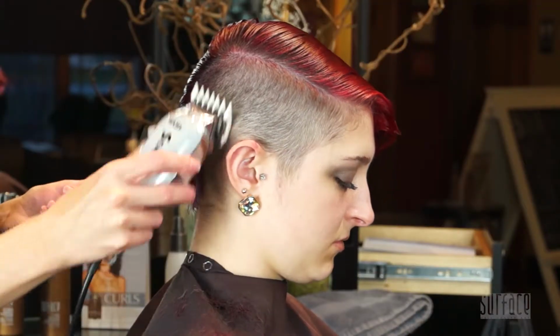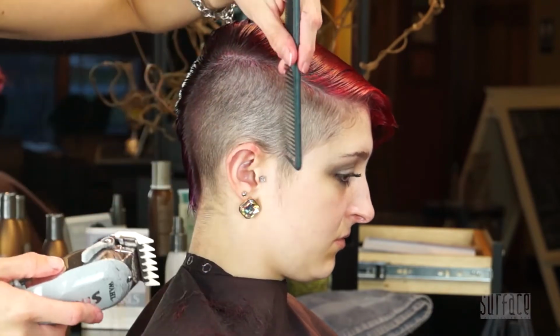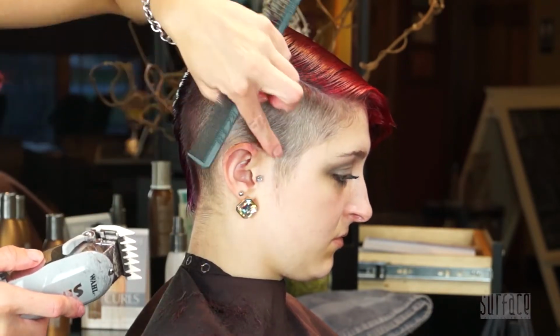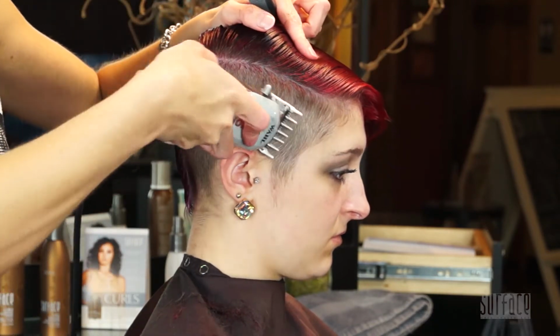Okay, so as I'm working with my clippers, I'm making sure that I cut against the grain the entire time, especially around her ears, where she has a little bit more of a growth pattern that's moving backwards. We're gonna work around. So now that we got her sides clippered down to a 1.5,